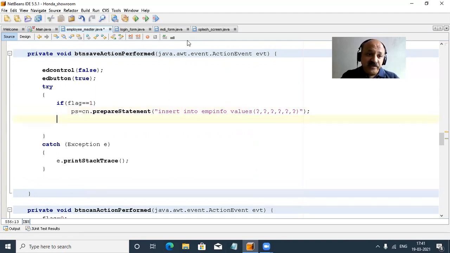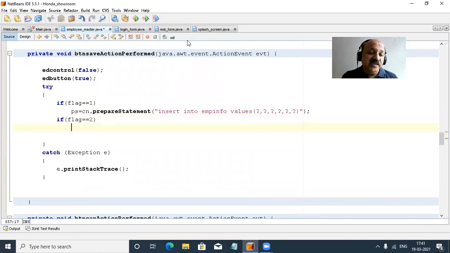And also an if condition, where flag equal to 2 uses an update query, but that I will cover in my upcoming video lecture. Because we have both insert and save on the one button, we can apply the insert query and update query both in one, so we do not have to apply duplicate coding.